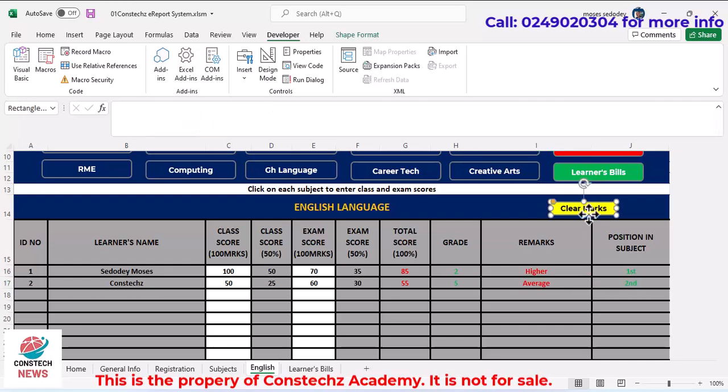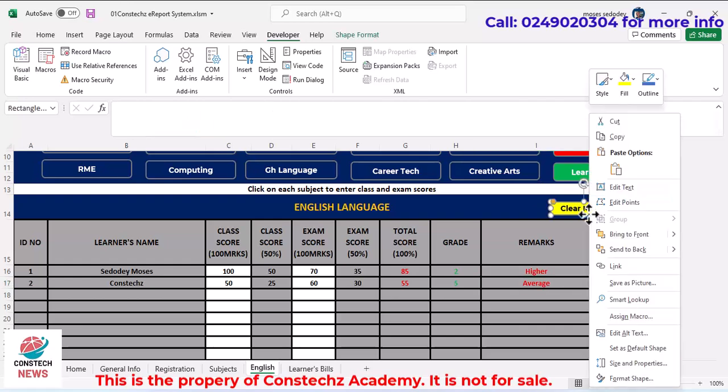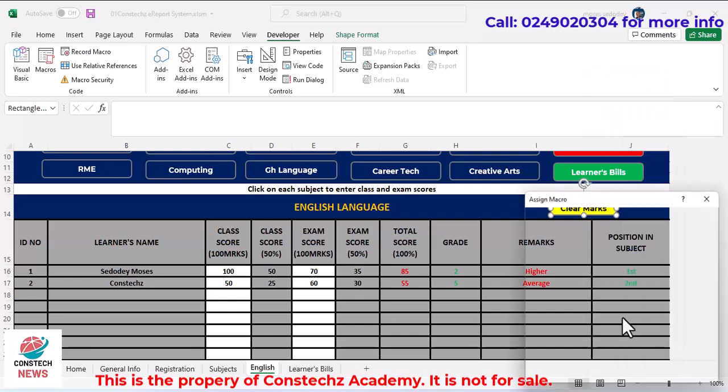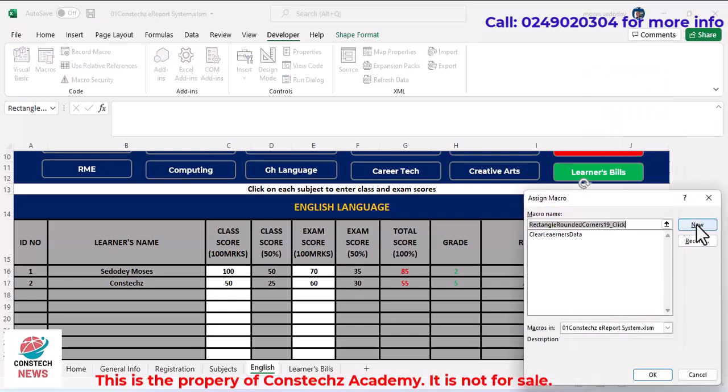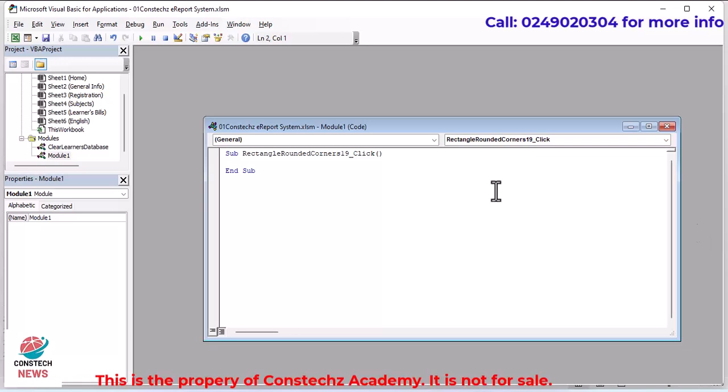I don't know why it's giving that error message. Let me see. Okay, no problem. I want to give it a particular name, but don't worry. If the first one didn't work, you just do the same thing. You just click on new and it will open this. So you just come to